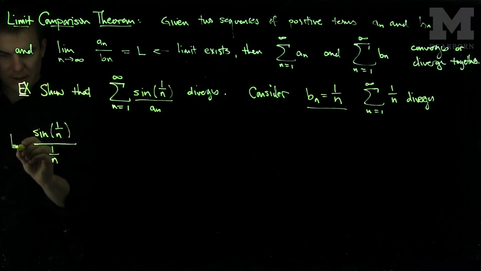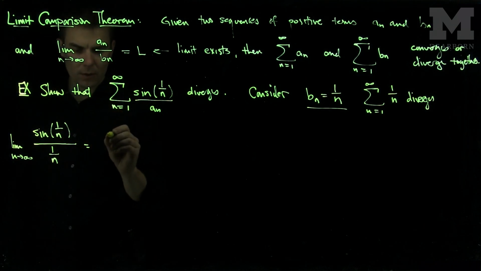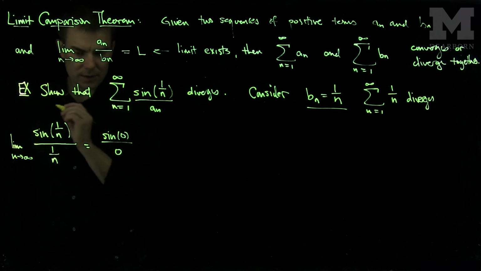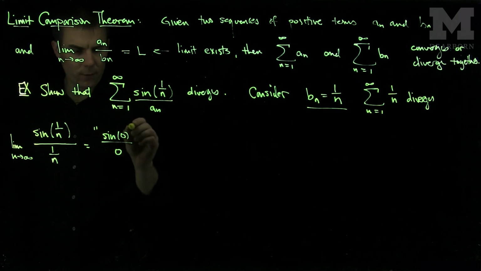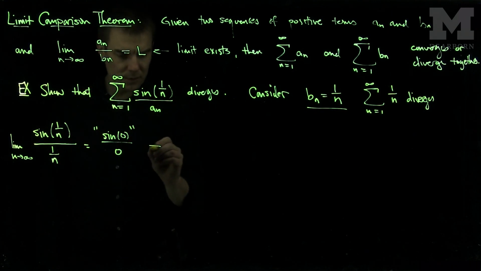and I take the limit as n goes to infinity, well, what would we get? We would get the sine of 0 over 0. So this is our form. So this, of course, is indeterminate. So what we'll do is we'll use L'Hopital's rule. So by L'Hopital's rule,